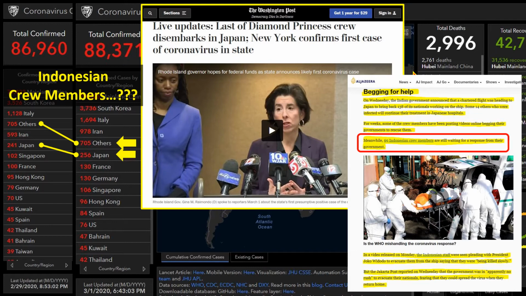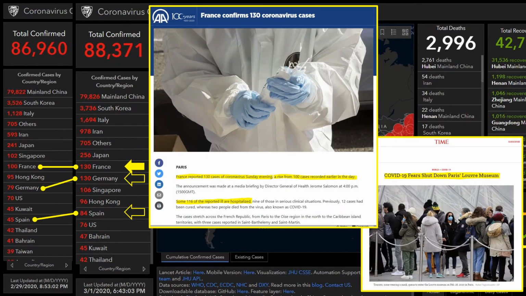And then India had a couple hundred, and they had to post signs on Facebook saying, help me, before India sent a plane. And I think that plane arrived yesterday on Sunday, India time, and they picked up all of their people and brought them back. But it doesn't say anything about what happened to these 69 Indonesian crew members, because Indonesia said, we don't want you back. We're afraid you're going to infect everybody. So I don't know, maybe Japan just took them off the ship and put them somewhere. If they're smart, they would put them in isolation, because the crew members have a large instance of infections. Yesterday's video explained that.